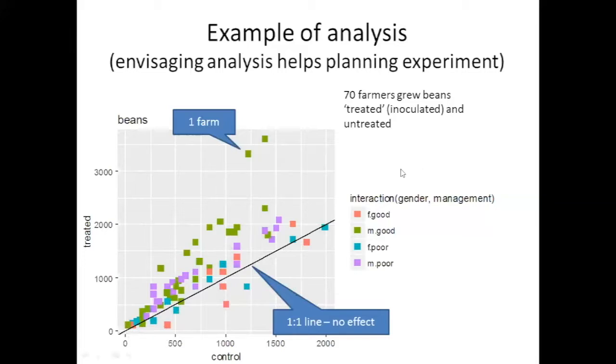And when we start then putting in the factors, we can mark the gender. I've just put men and women here. So the men are the green and purple dots. You can say actually they do tend to be more above the line than the pink and blue dots, which are closer to the line. So it looks as if maybe on average, men are getting a bigger treatment effect than women are. We don't know why, but that's the way it looks like. Okay. But I've also put something else on there.